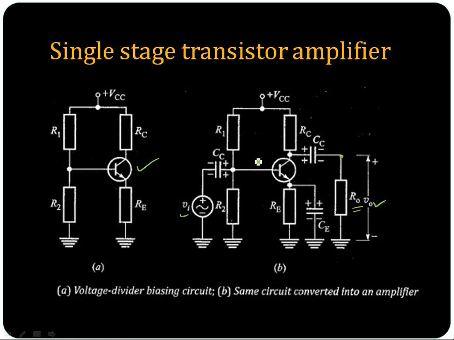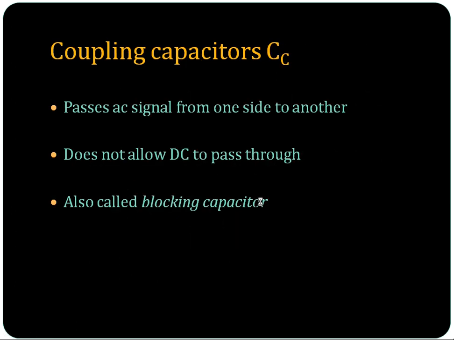So here we have taken a voltage divider bias circuit with an input signal, then a capacitor at the input side, then this emitter bypass capacitor, you know its function is to bypass the AC signal to avoid the AC feedback, and this is the coupling capacitor at the output side, and output is taken across this resistance R0, and R1, R2, RC, RE you are already familiar with. So what are these additional components coming to the amplifier stage?